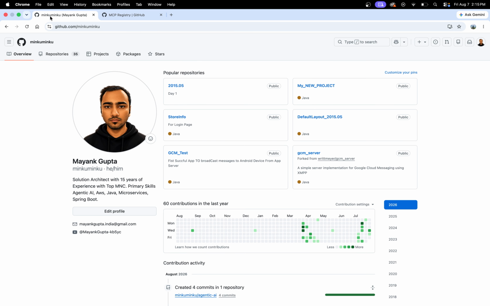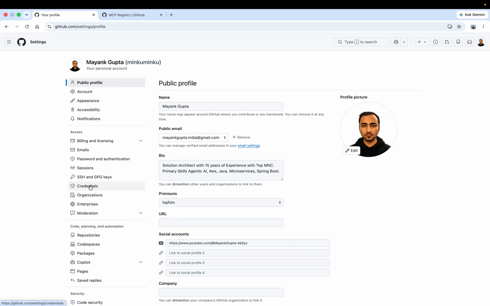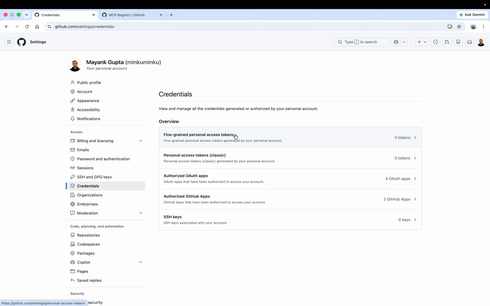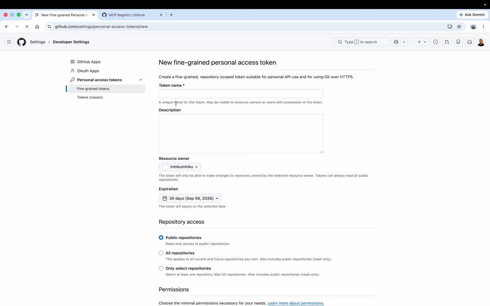So the first step in this regard is to create the PAT token. You can learn more about how to generate this token or how to create an account on GitHub in other videos, but I'm going to quickly walk through how to create a token if you already have an account. Suppose you have an account, you go to the overview page, go to settings, then go to credentials, and access the option fine-grained personal access token. I will generate a new token. I will name it demo